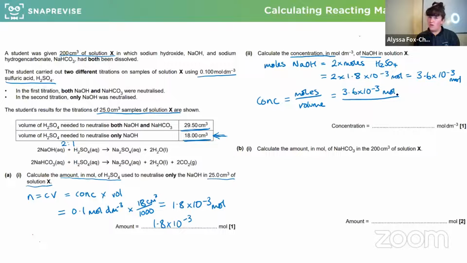What volume do I need to use? I've got a volume of 25 centimeters cubed. Because it's in centimeters cubed, I need to convert to decimeters cubed, so 25 over 1,000, and that gives me